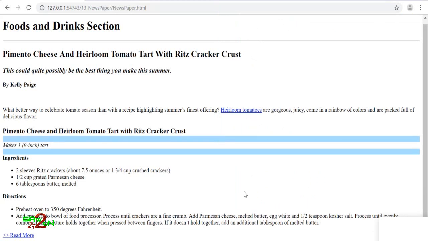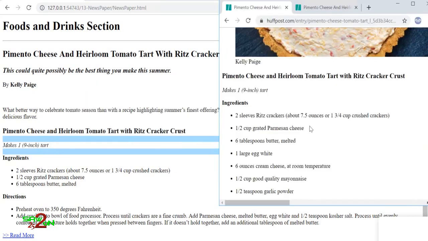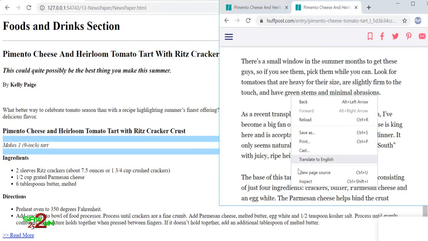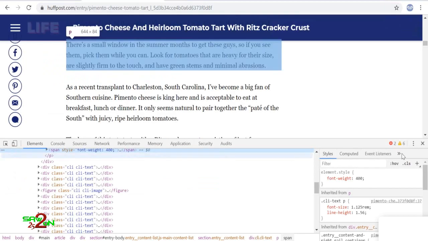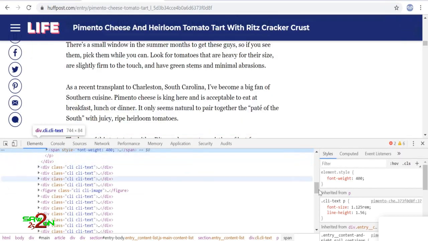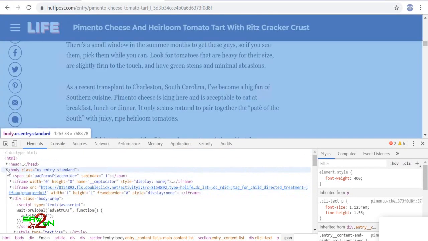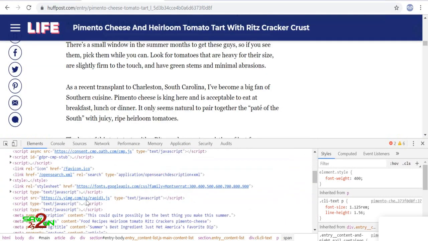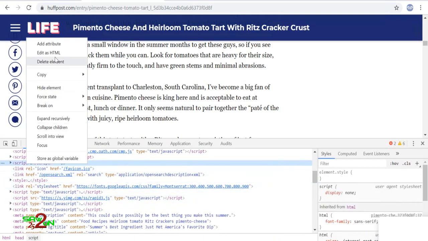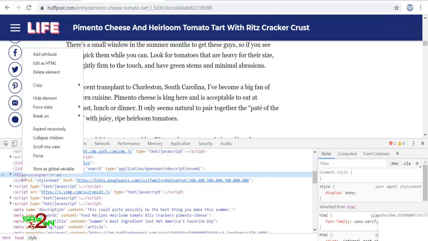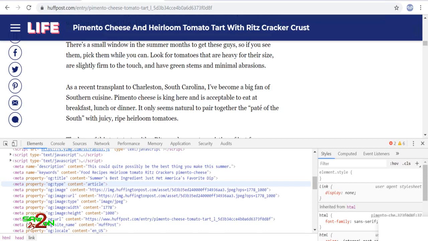You can take any newspaper or any article from the web, go to Yahoo News or Google News, or you can go to any of the famous news sites that you go to. Take an article, remove their style sheet. How to remove the style sheet? You have to go to inspect mode. Try to go to the head section and then you will find something called a style. Okay, this is script and style. So whatever style that you see, you can go ahead and delete it. Delete element and see whether it's removed or not. If it's not removed, you keep on deleting all the styles that they have.